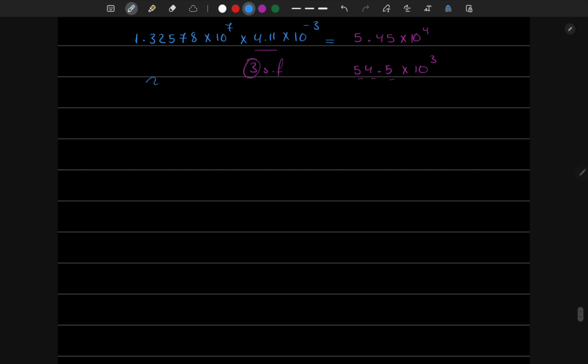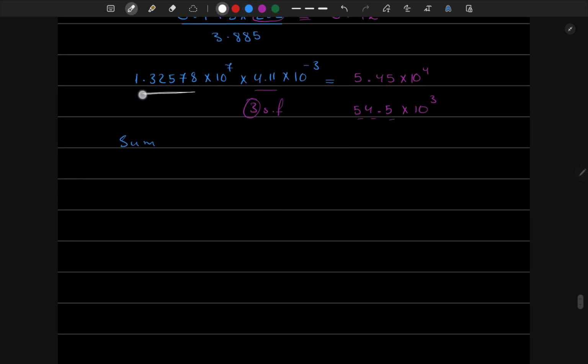Now we go to the sum, adding and subtracting numbers with significant figures. Now, when we're adding and subtracting numbers with significant figures, we do not focus on the number of significant figures themselves. What we focus on is the decimal place. For example, if I have 123.62 plus 8.9,